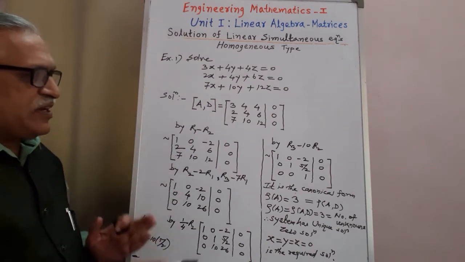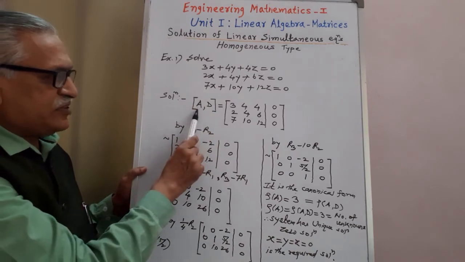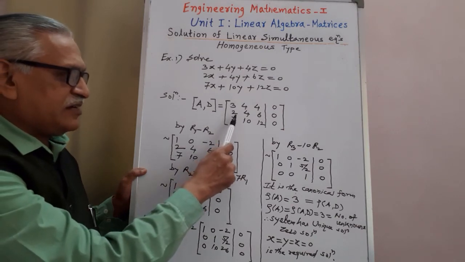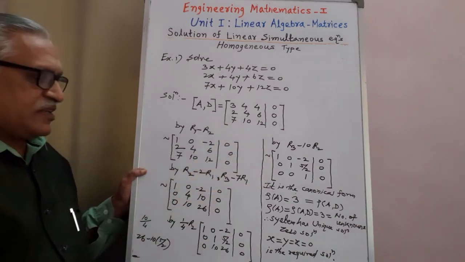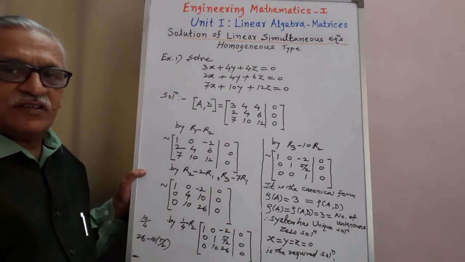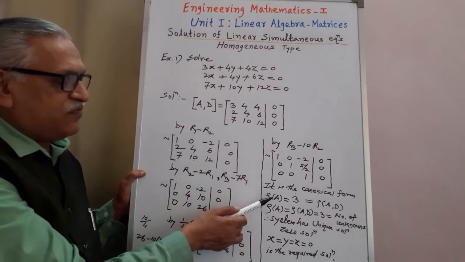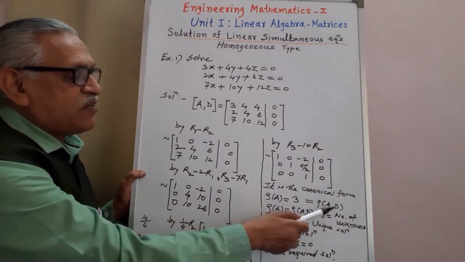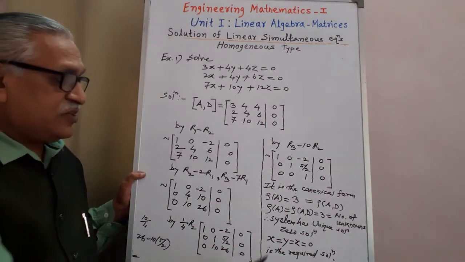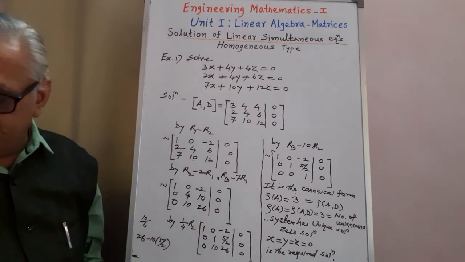Therefore, very simple to perform. I will repeat the steps we have to perform. First step, we have to write down the augmented matrix by combining matrix A and matrix D. Then try to convert that matrix to its canonical form by applying elementary row transformations, and then find the rank of A and rank of augmented matrix, and if it is equal to the number of unknowns, we get a unique solution like this.